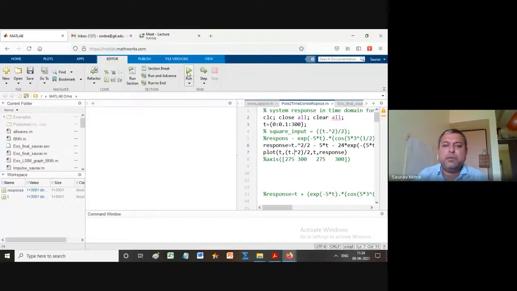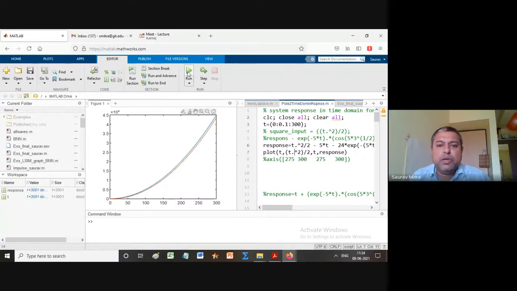Okay, so what we are plotting? We are plotting for type 1 system, and the blue line is the input line, and the red line is the output line. So you are finding that the distance is not constant. The distance will be increasing, though they are looking very similar, but you can see that the distance is not constant. If you are plotting it for a very big time, you should understand by looking that the distance is not constant as it was in the previous case.